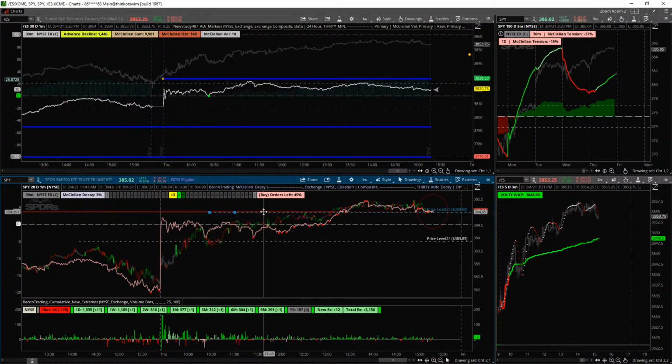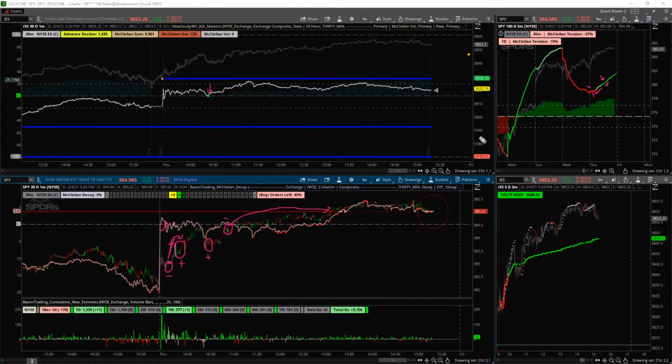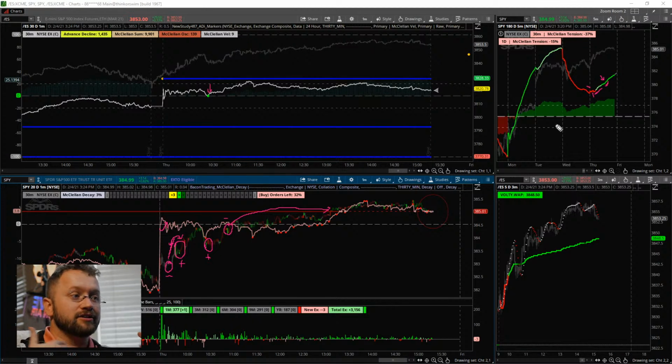We can scoot that up a little higher just to make it match, because this isn't real time. If this was real time, I would have just eyeballed it and left it and then waited for this acceleration. So that's what happened there. We can see that this group got wiped out here on that little acceleration pop, and this group got wiped out right here on this little acceleration pop. Those line up nice and easy. You can see the bears got in, the bears got beat up, the bulls did well. The bulls were able to control tension and drive it higher.